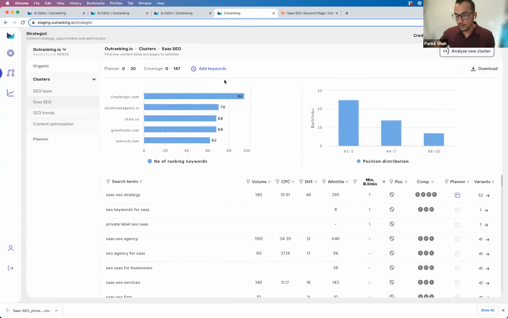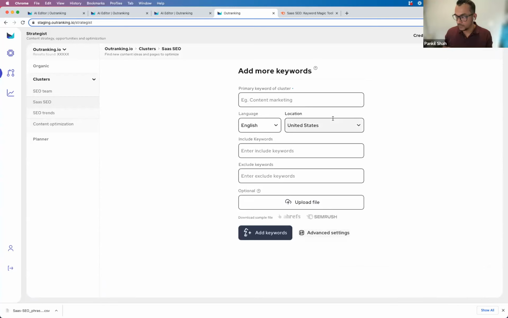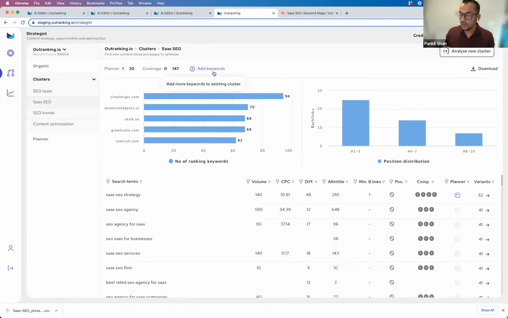And one more addition over here, adding more keywords, right? So you started building a list, right? And everybody works with a certain amount of credits every month, right? So you are going to start with a small silo, then probably add more keywords to it. And you will be able to do that easily by clicking on add. If you are uploading from SEMrush or any other file, you can either click any of these files and just modify your data, add it into them and upload it, or you can use our own. But you should be able to add keywords into any silo which was already planned, which is already done.